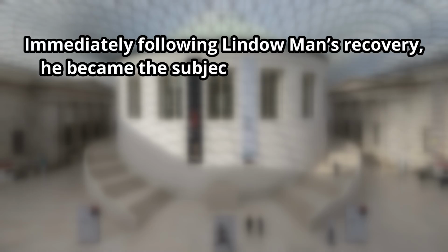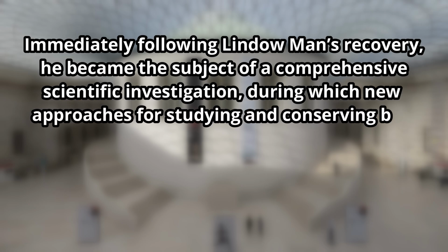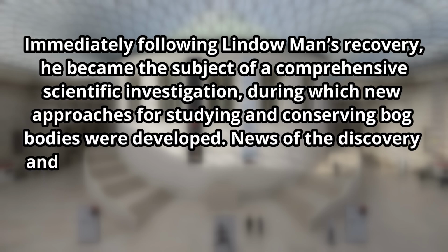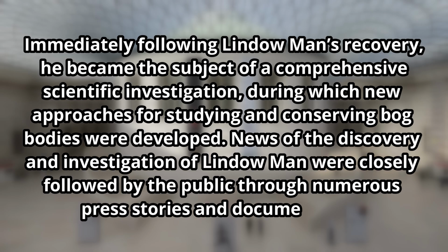Jody Joy, who spent time as the curator of the Iron Age exhibit at the British Museum, wrote an article with fellow Iron Age curator Julia Farley that notes, quote, "Immediately following Lindow Man's recovery, he became the subject of a comprehensive scientific investigation, during which new approaches for studying and conserving bog bodies were developed. News of the discovery and investigation of Lindow Man were closely followed by the public through numerous press stories and documentaries." End quote. Pete Marsh's discovery led to advancements in the field of archaeology, particularly with British bog bodies, but